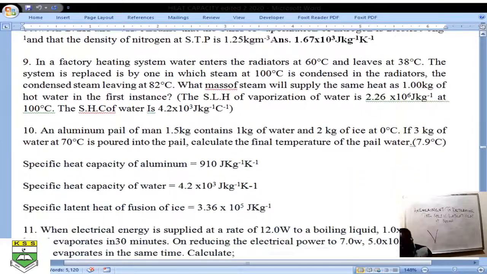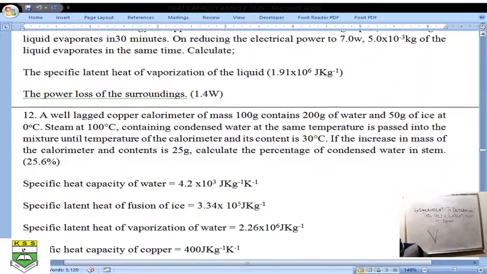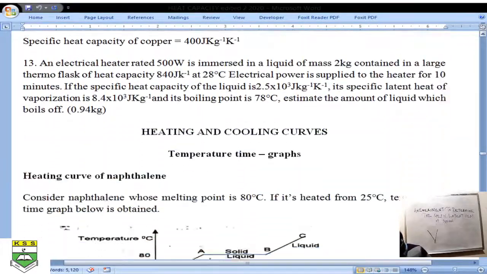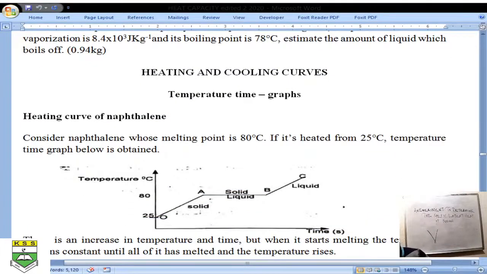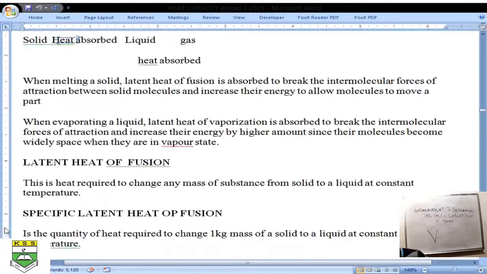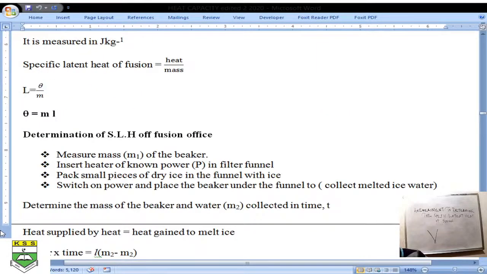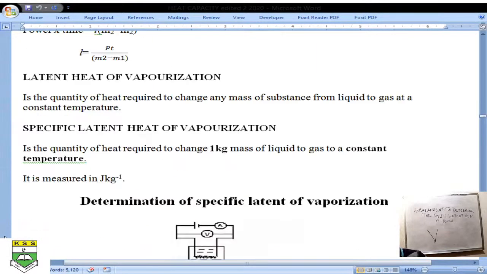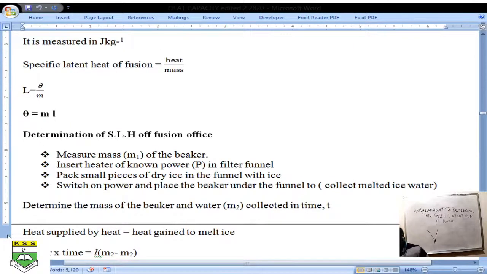So we are trying to put for you the steps. I'm going to draw for you the diagram there. So this is the experiment. Those are the steps for determining specific latent heat of fusion. Number one, we shall need to measure the mass of a beaker, and then after we shall need to